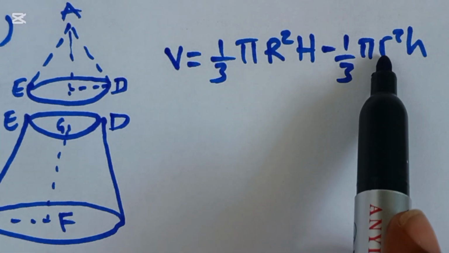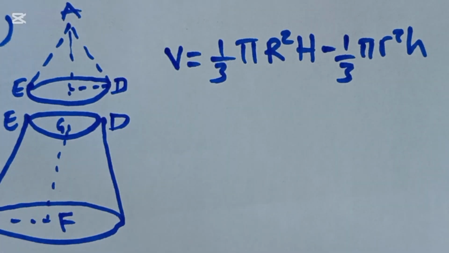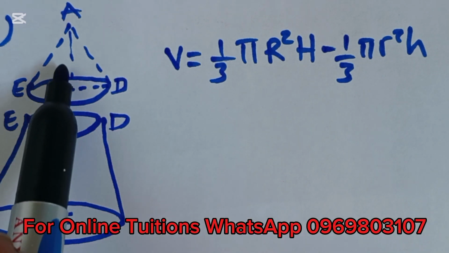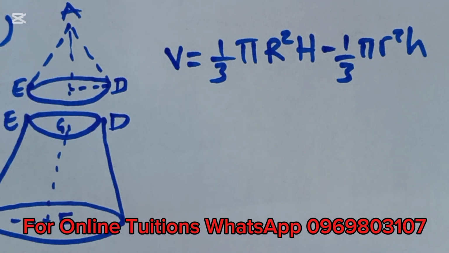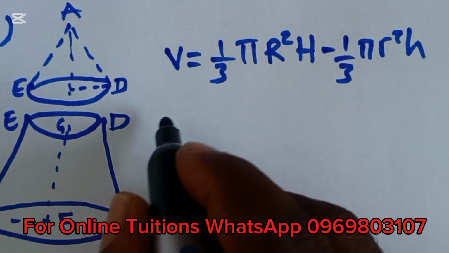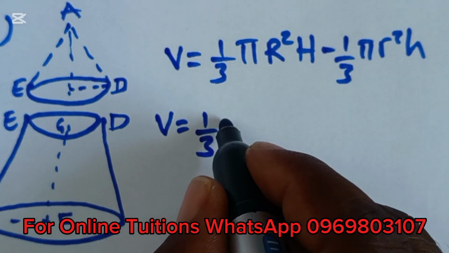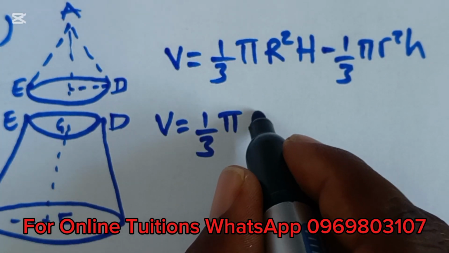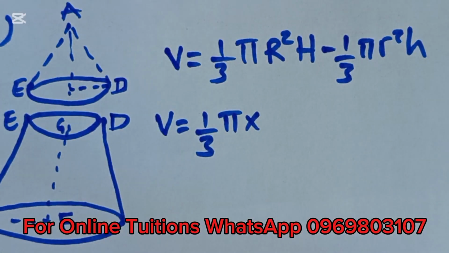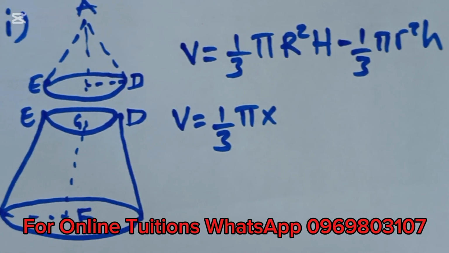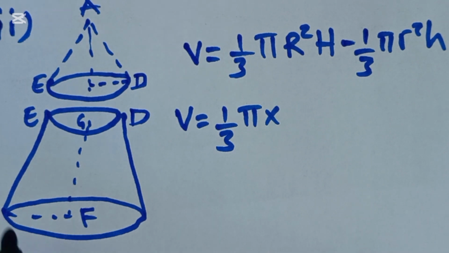Then the small r and h show the radius and the height of the small cone which was cut off. Okay, so volume is equal to 1 over 3 times pi times radius. So radius is the radius of the big cone, which is